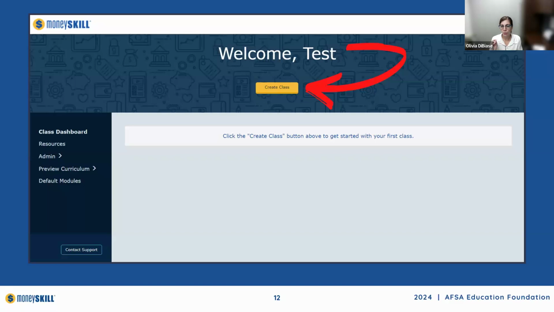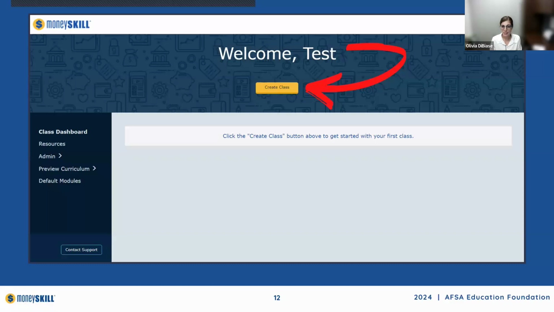But I mentioned once you register and your registration gets approved, you get your login credentials. Once you log in, this is the screen that you're going to see in your main dashboard. And as you start creating classes, this big gray space in here will fill up with tiles showing all of the classes that you have. But essentially, you can get started creating a class right away. When you log in, you can click this Create Class button.